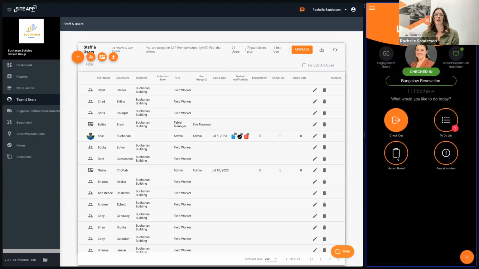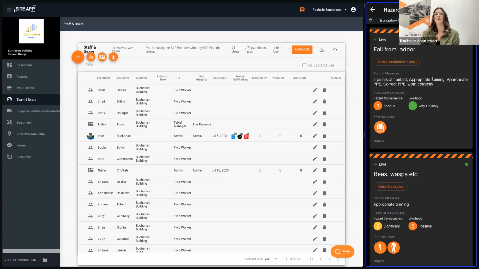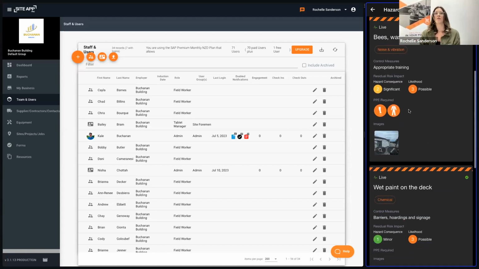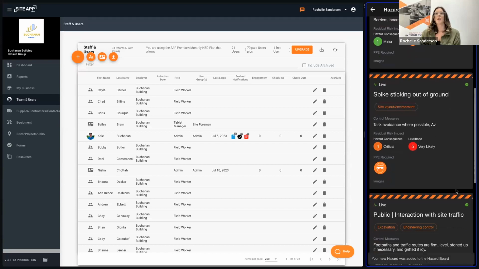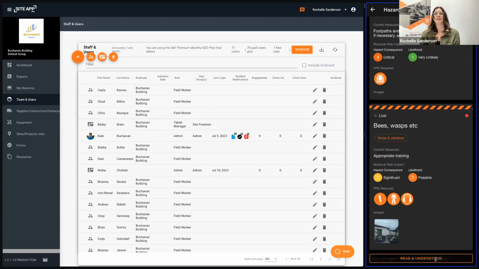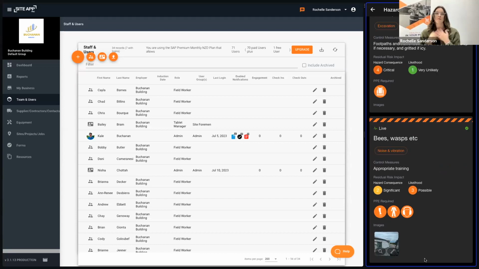Now I might want to quickly check the hazard board, so I can see here those ones that we added over in the admin console on that site, that bungalow site. So I can scroll through. If I need to add more PPE, I can jump into that one. Say we actually need to have headphones as well. Save that. Cool. Going down to the very bottom, you can read and understand any you haven't. So I can see bees and wasps is a new one I haven't looked at because it's got that red dot. So I'll go read and understood,